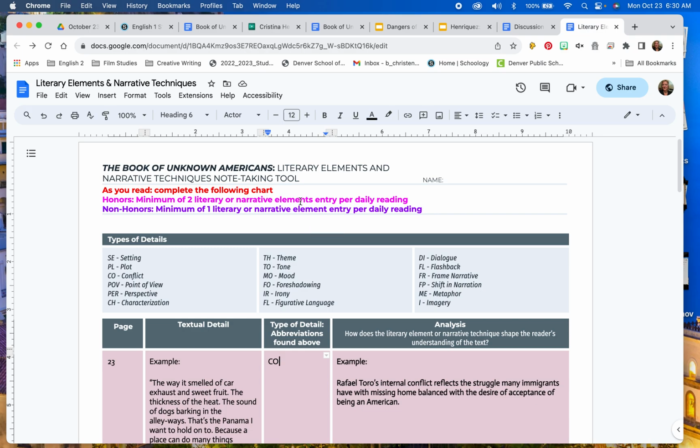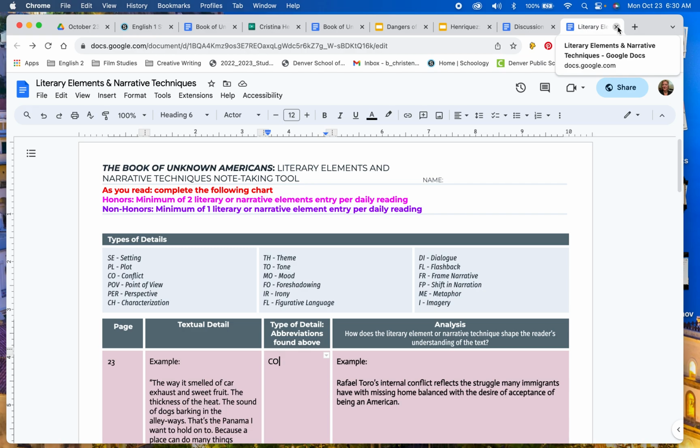Now, as a reminder, as you're filling this out for your daily readings, if you are in honors, you have to do 2 per daily reading. And then if you're in non honors, you need to do a minimum of 1 entry per daily reading. But you're always able to do more than that. This is not due until November 6th, I think.